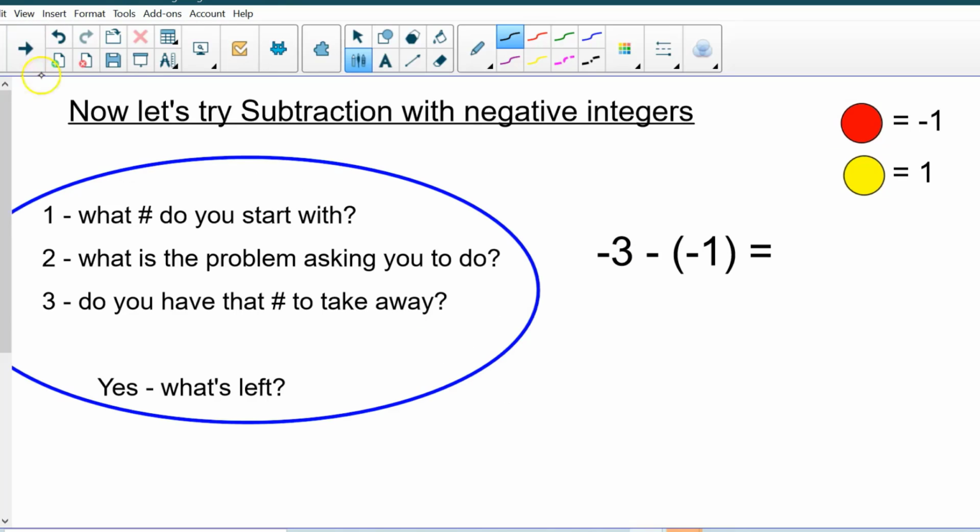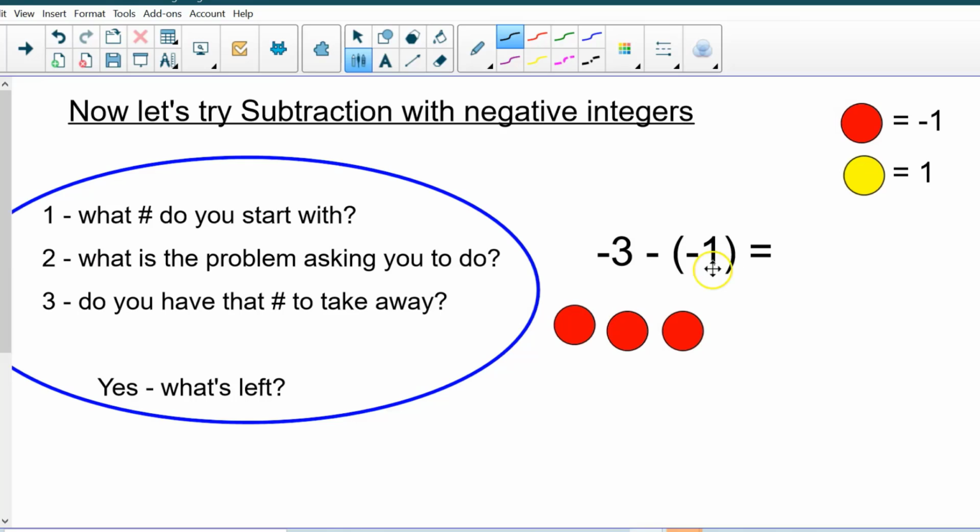All right, so let's do that. What now if we use the problem -3 minus -1? Similar to what we just did, but now they're both negatives. So these are just the steps broken down, like you know what to do. What number do you start with? Well, the first number, right? You start with a starting number. So now you're going to draw on your paper with your notes 3 negatives. We start with 3 negatives, and then we ask ourselves in the second question, what is the problem asking you to do? Well, it's asking me to subtract, or take away,